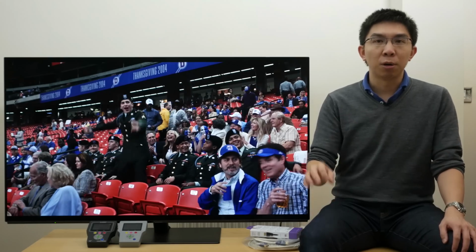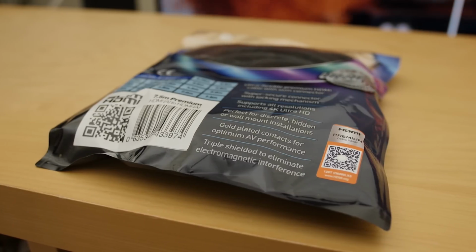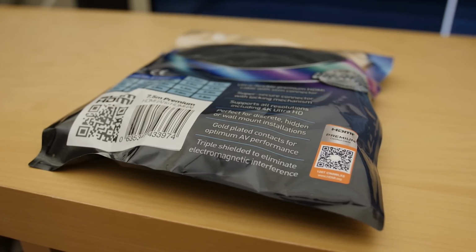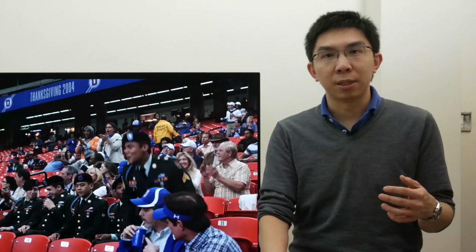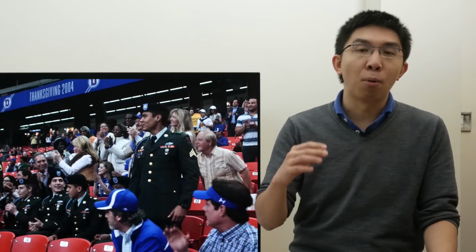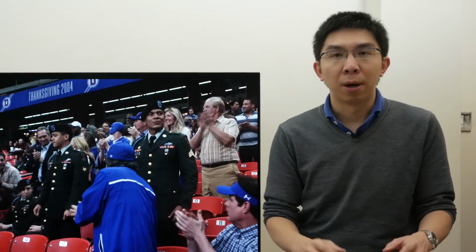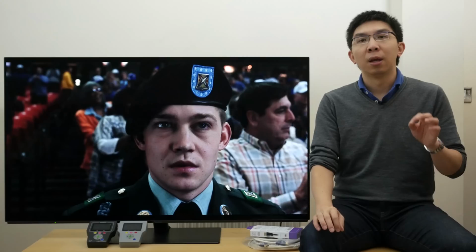You can even use a mobile app to scan the holographic QR code to verify its authenticity. Because of the certification and licensing cost, premium certified HDMI cables are generally more expensive than non-premium certified cables. But please bear in mind that this doesn't mean that a non-premium certified cable will definitely fail the 80 gigabits